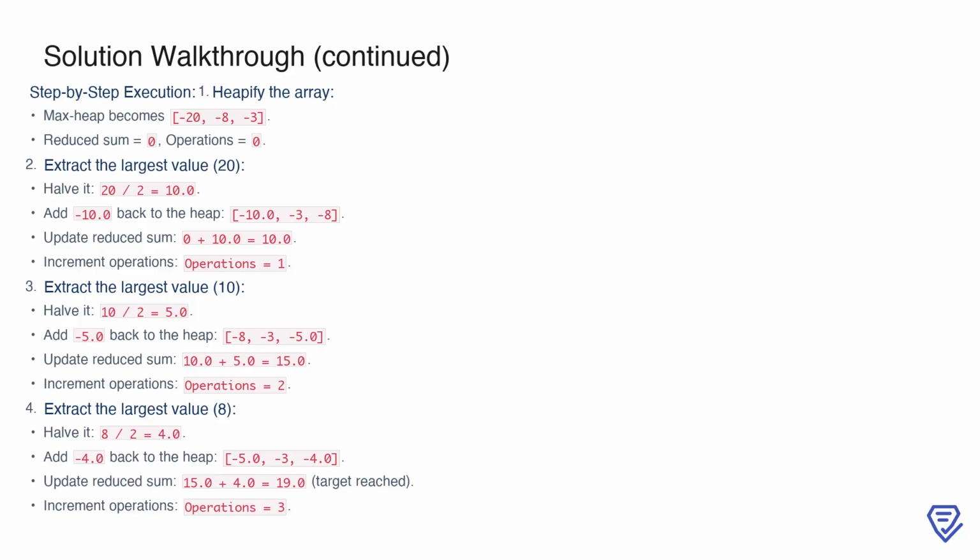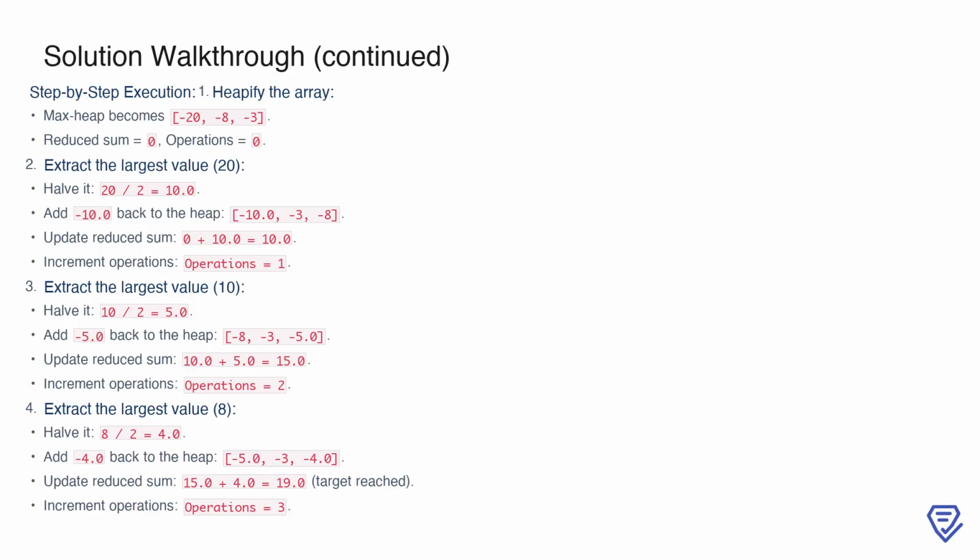Extracting the largest value, which is 20, we halve it to get 10.0 and add -10.0 back to the heap. This updates the heap to -10.0, -3, -8. The reduced sum is updated to 10.0, and the operation count becomes 1. Next, we extract the largest value, 10.0, halve it to 5.0, and add -5.0 back to the heap. The heap now becomes -8, -3, -5.0, and the reduced sum increases to 15.0, with the operation count incrementing to